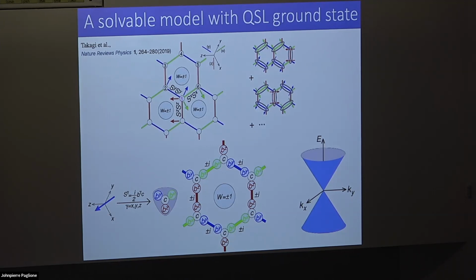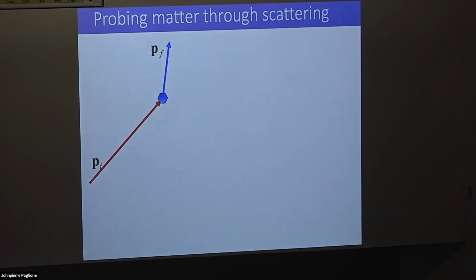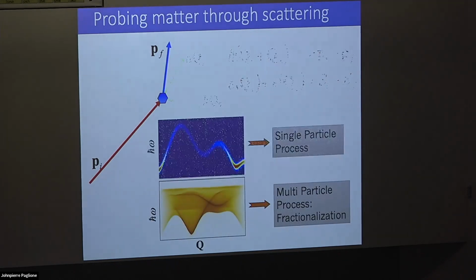The main problem that I see, basically in the scattering experiments, is that we would like to make this kind of distinction that I was showing you here. We would like to look at the scattering cross section, and then say, is it a single particle process or a multi-particle process? Those kinds of qualitative conclusions are really useful because they don't require us to have the full theoretical calculation of the dynamic correlation function. However, if there is disorder in the material, then all of this really breaks down, because once there's disorder, you don't have translational symmetry, and then you don't have momentum conservation. And all of this was built on momentum conservation. So once you put in disorder, you should expect all of this to become filled up. There should now be excitations at all momenta,